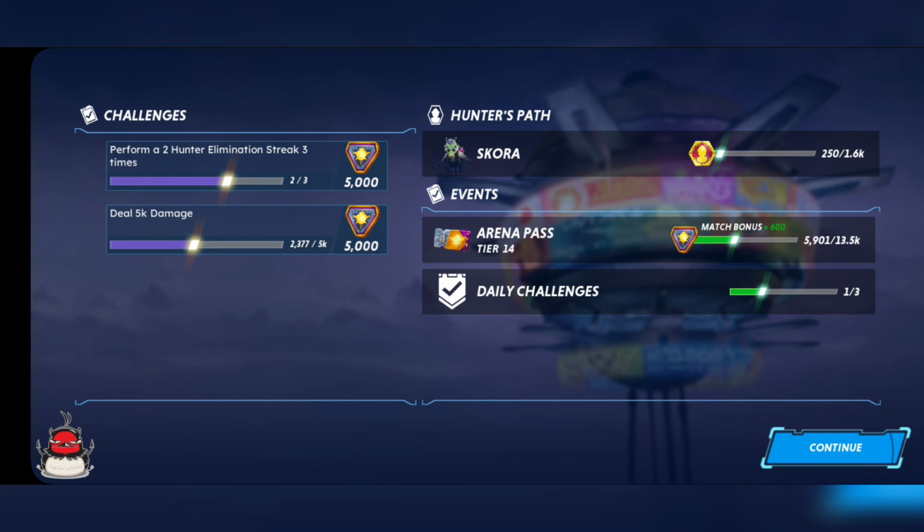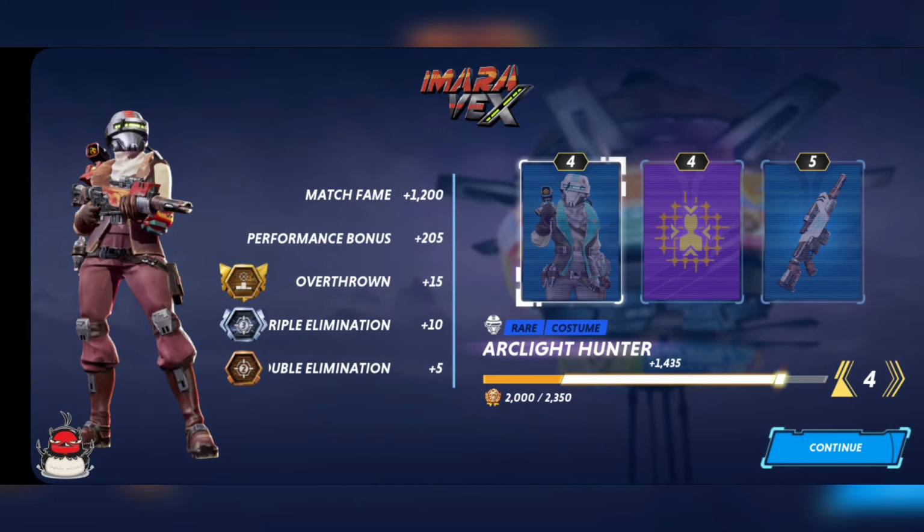It shows you which ones you're close to getting done. It shows you what you're close to getting done on the event pass, so completing daily challenges. I have to complete 3 of them, and I still have not completed them. So then you come to Imara Vex's page, and you can see all the medals you got, how much match